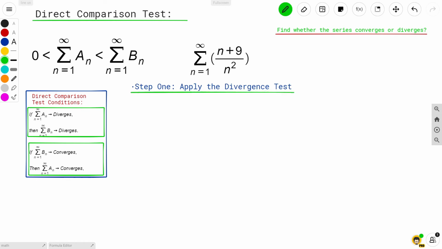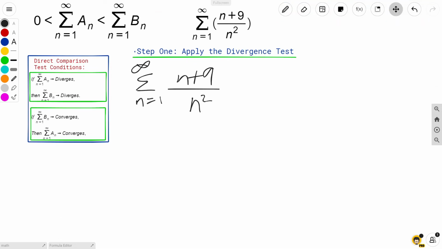So I'm going to try out the divergence test to see if that works, because sometimes it does work and it'll eliminate a lot of work for us to do in the near future. So in this case, we have a series as n starts at 1, approaching infinity, of 9 plus n plus 9 divided by n squared. And according to the divergence test, we can basically just take the limit as n goes to infinity. So that would be a matter of plugging in infinity for both terms, and whenever we do that,